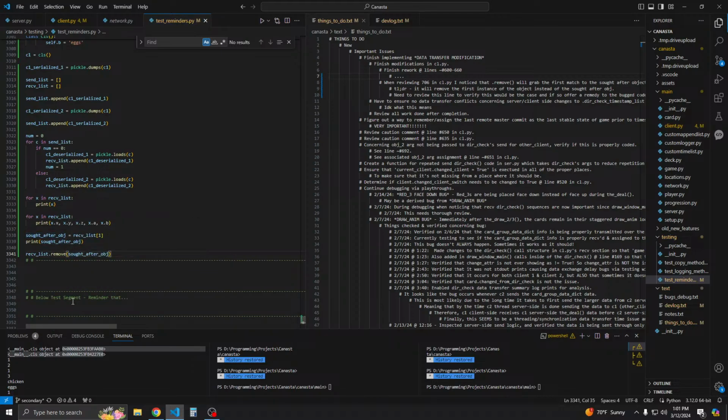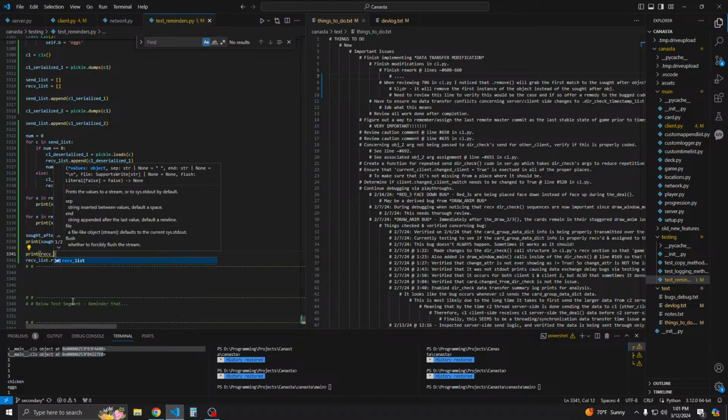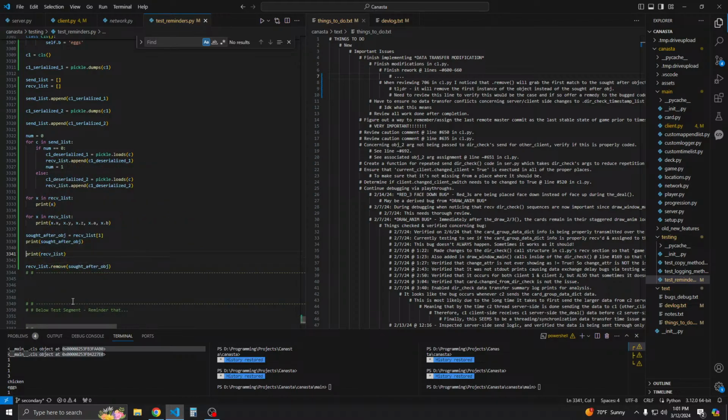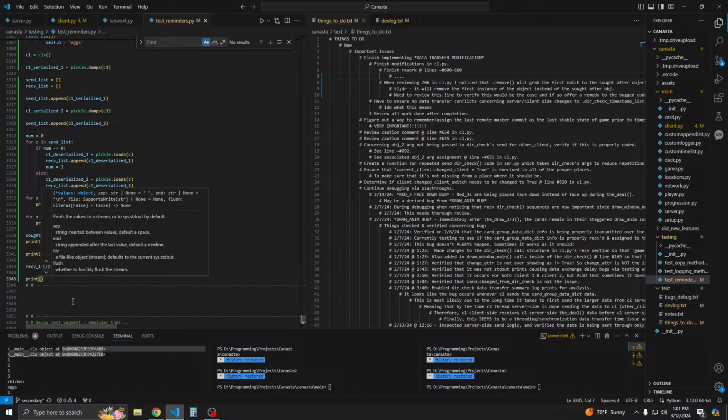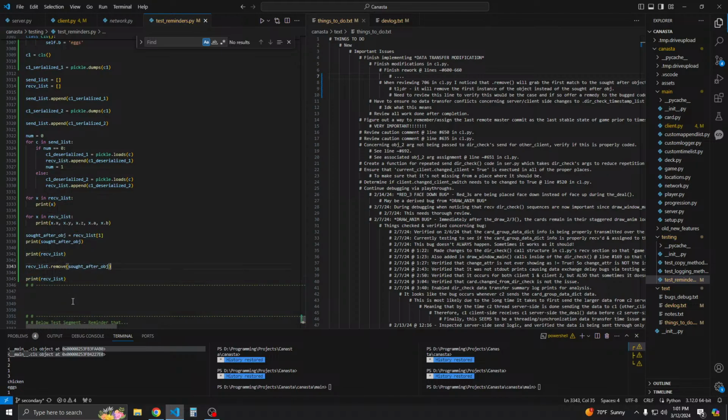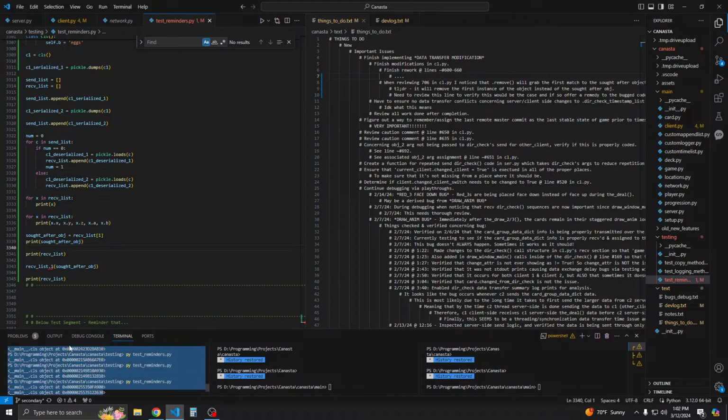Now when we print it, first we'll print the receive list so we can see it, and then we're going to print the receive list after we removed it to see which one was removed from the list. And if the remove method determines that the sought after object, which is the second element in the list, which we would say is this object right here, 227E0, if remove says, hey, this is the same thing as well,